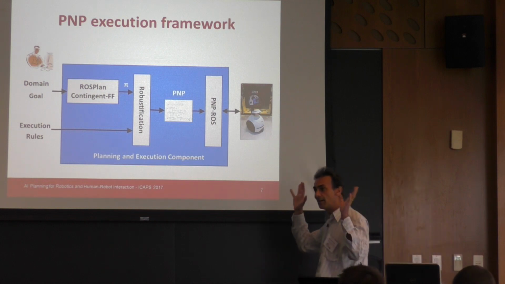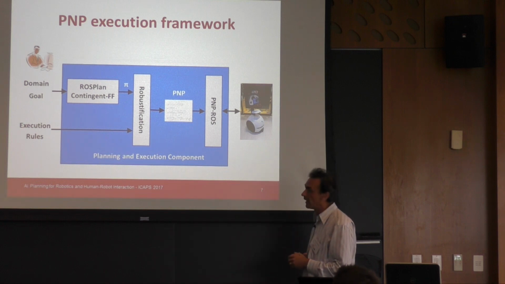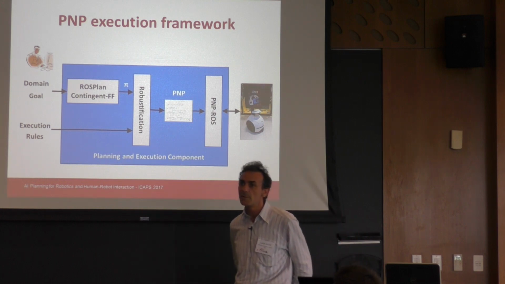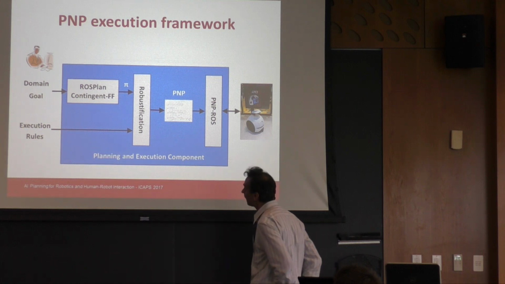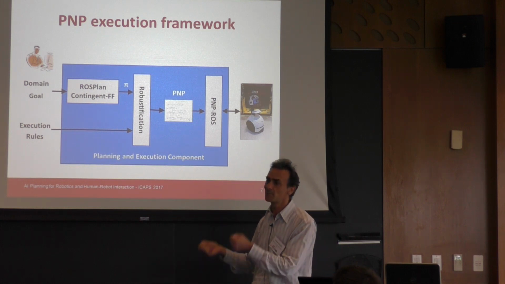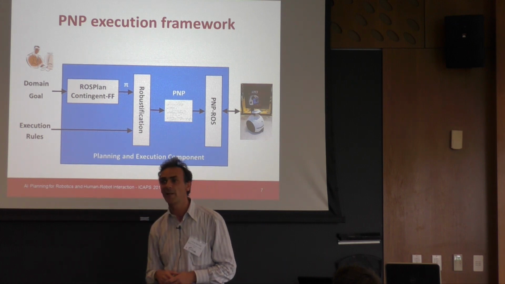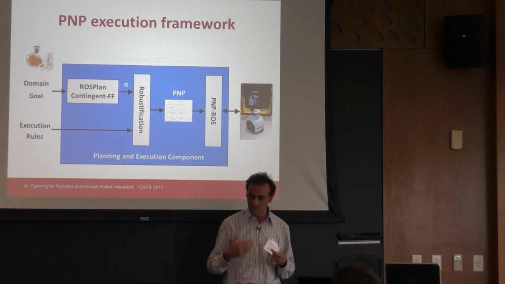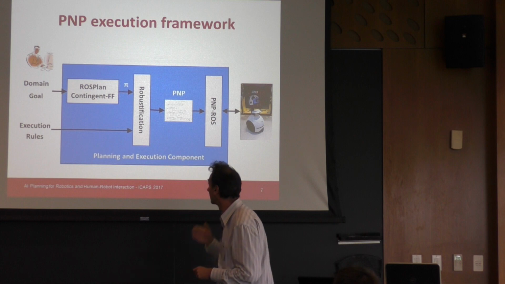So this is an overview of the system, and what we want to highlight is what is the part of the system that is domain independent with respect to what is domain dependent and must be provided by the user. So the goal is to clearly separate what is domain independent. It means there's a library that you can download and use as it is, maybe even as a black box, because you don't have to put your hands into it. And domain dependent means that you have to write the specification of your actual system.